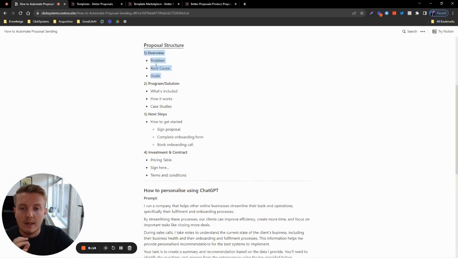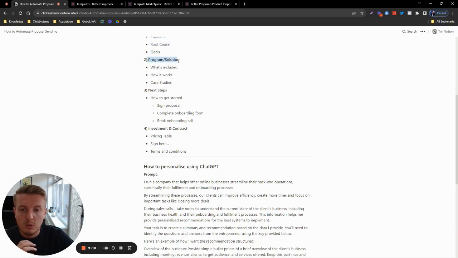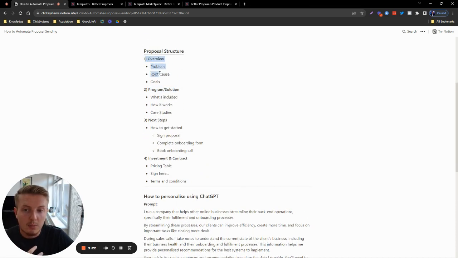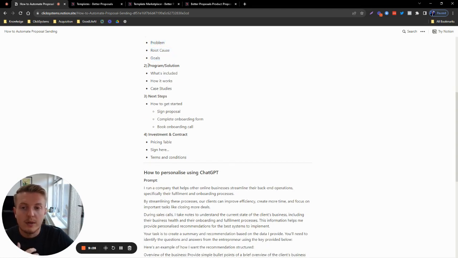Okay, so yeah, I have the overview, then I have the program solution. So that's going over now basically what we can do for them, right? Because we've established their main problems, the root causes of those problems, and the goals that they're trying to achieve. And then we go into, right, what's the solution? So the solution is your program or your service, right? So with here, you want to go over maybe stuff like what's included, how it works, how you guys operate,